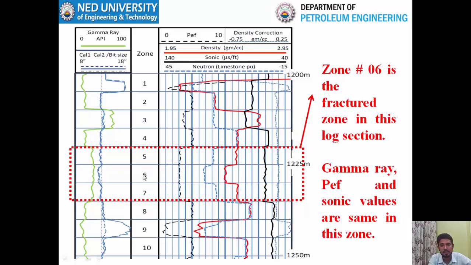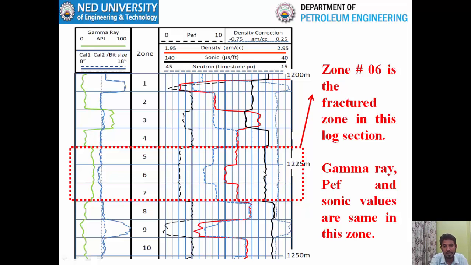Again, the concept behind this is that density and neutron both are measuring the total porosity. That includes primary and secondary porosity. So if secondary porosity has occurred in zone number 6, it means that the total porosity has increased from zone number 5 and 7. So zone number 6 has a higher total porosity value now because it has secondary porosity also,